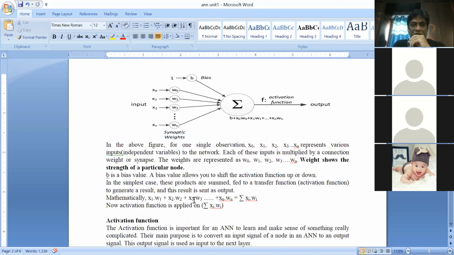And then for calculating the strength of a particular node, the formula used is here. It is simply the summation of the input signals received multiplied by the strength of the corresponding signal. So summation xi into wi, assuming that xi's are the input signals and wi's are the strengths. And along with these input signals, there may be